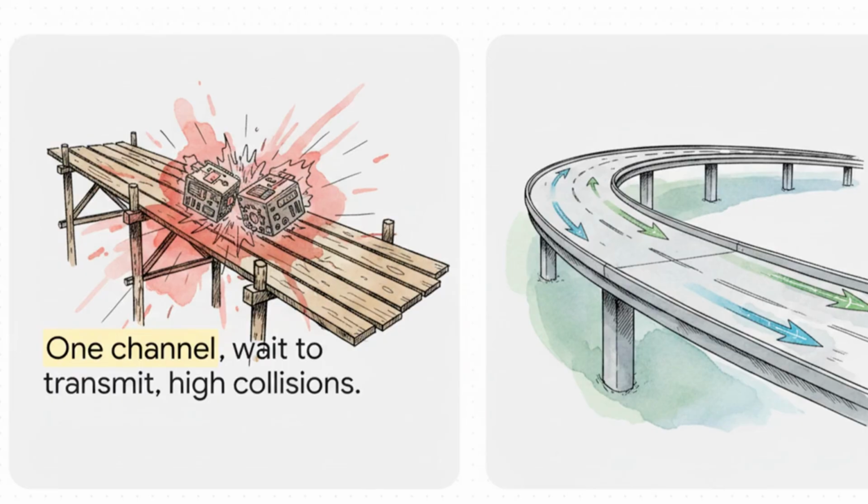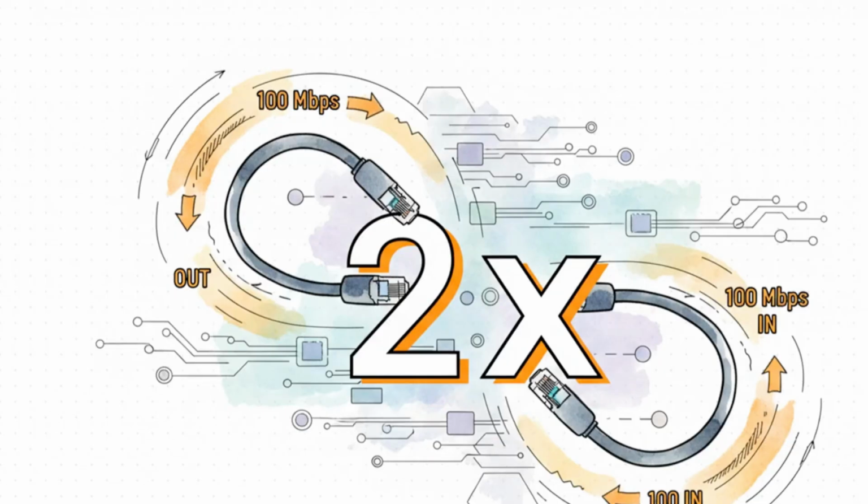On one side, half-duplex is this frustrating single-lane bridge where packets are basically staring each other down to figure out who goes first. On the other side, full-duplex is a modern, multi-lane highway where traffic just flows seamlessly in both directions without anyone ever having to hit the brakes. So the crucial point is this. Full-duplex doesn't just make the network safer from collisions. It effectively offers double the network throughput. Think about it. You have 100 megabits going out and 100 megabits coming in at the exact same time. This doubling of pure capacity is exactly what we need for today's high-speed, fiercely demanding network environments.